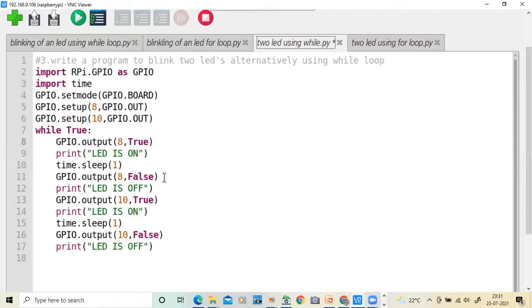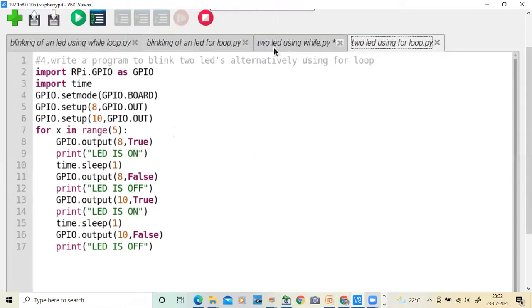This is about while True. So this is the while loop program, and similarly, this is the for loop program. 8 true, 8 false, 10 true, 10 false. That's it. Here also 8 true, 8 false, 10 true, 10 false. But here it is a while True program, and the next one is for x in range. We have mentioned 5, which means the program is executed only 5 times.